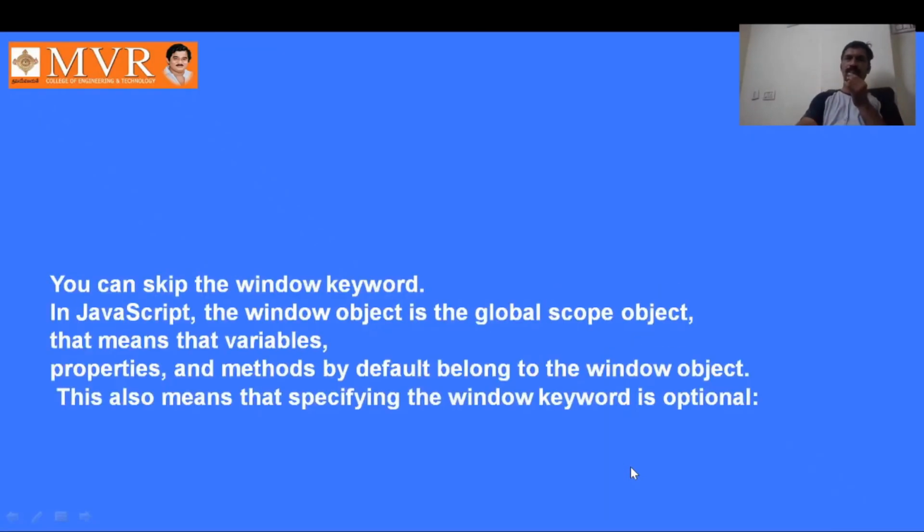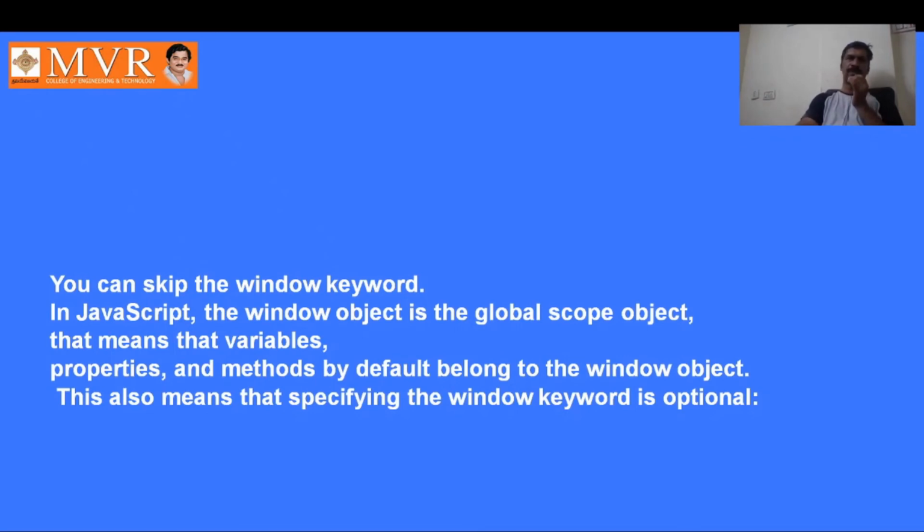The console.log method. What is console.log? We will see here. After window.alert, here we are saying that you can skip the window keyword. In JavaScript, the window object is a global scope object.